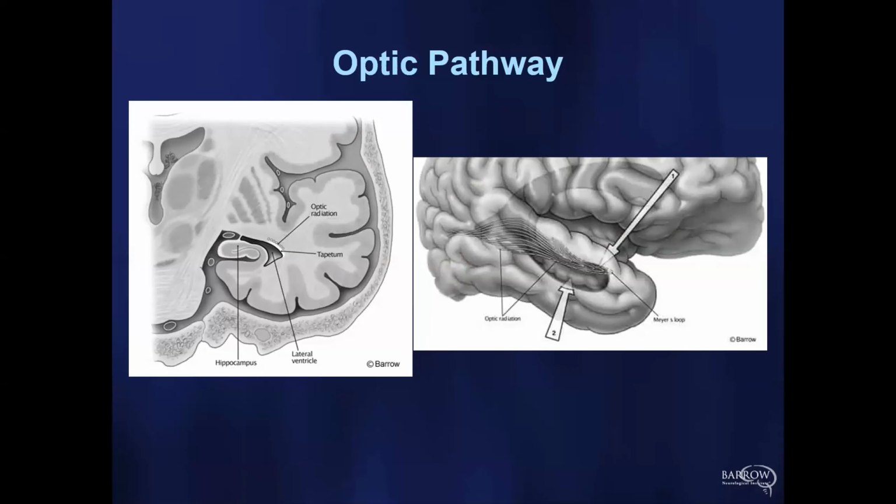And again, this approach here comes in from below, and the optic radiations are above. So to come in anywhere through here, you're risking at least an upper outer quadrant defect, if not more. But coming in from below through the collateral sulcus and up spares all of that, and most importantly, spares these connections to the temporal stem that would be violated if you come through a transsylvian approach. And again, coming in from below, where the optic radiations are above you.